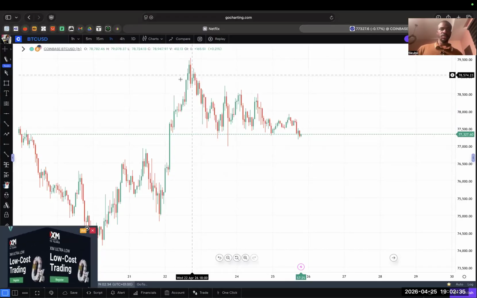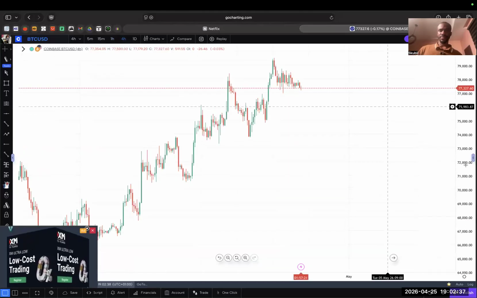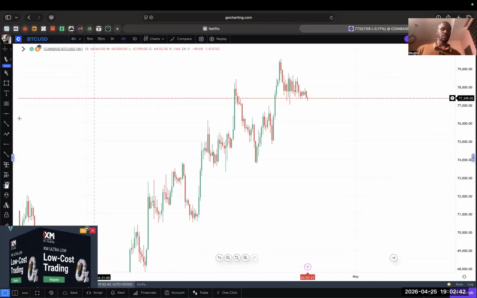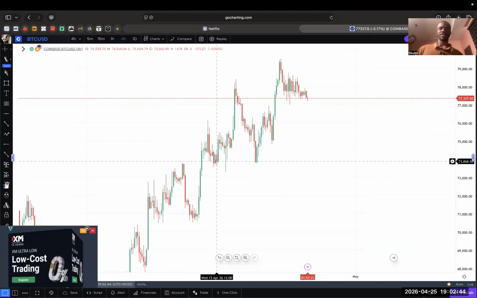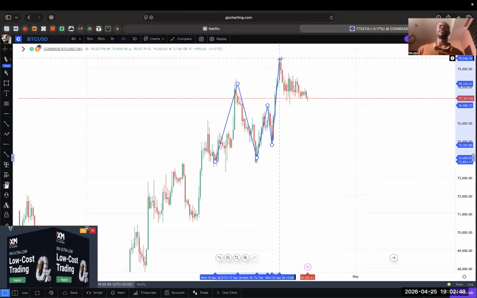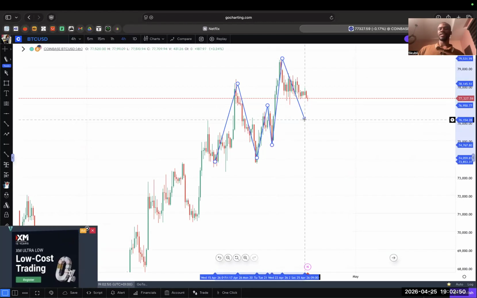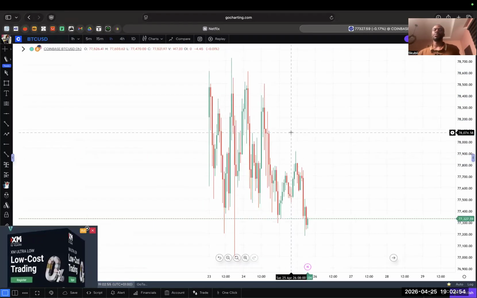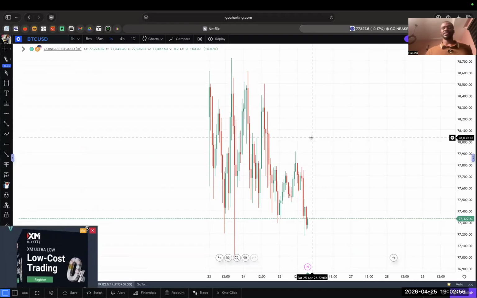So this is BTC USD. Let's look at the 4-hour time frame. Now, on the 4-hour time frame, currently BTC is bullish. If we look at this, you see that price has been creating higher high, higher low. We fail to create a higher high here, higher low, and then another higher high. And the market is retracing to the downside. As it's retracing to the downside like this, we'll go to the 1 hour. It's supposed to more or less look like a downtrend.